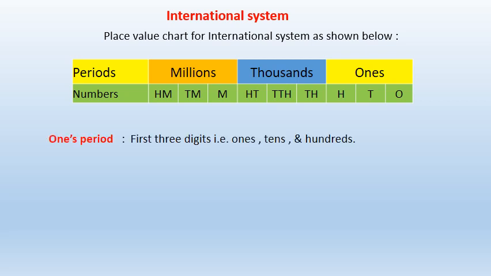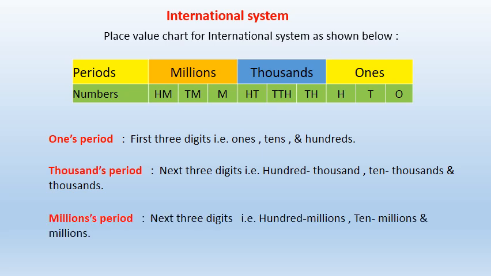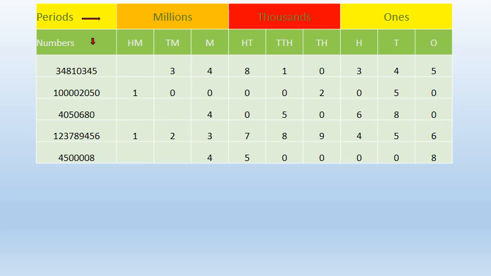Let us see for example. For example, look at the following chart. Here again it is divided into 3 periods, ones, thousand and million. These are the examples. Let us take the first example. Same number we have written as it is. We have placed the comma so that it becomes easy to read. Now see here we have taken a 3 digit number, which is ones period. Then we have taken the next 3 digit number, which is thousand period, and the remaining is our million period.